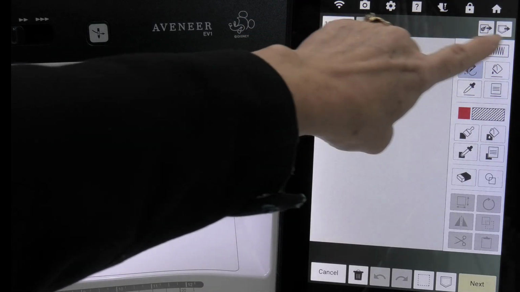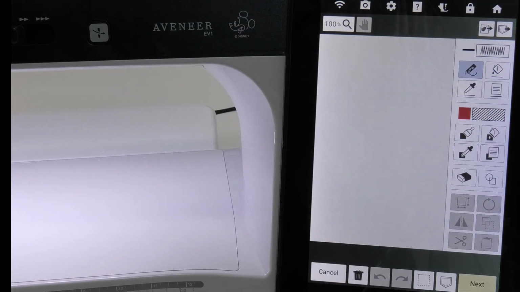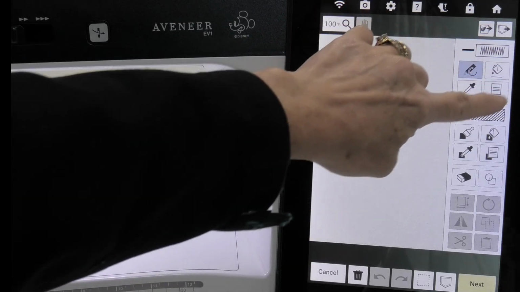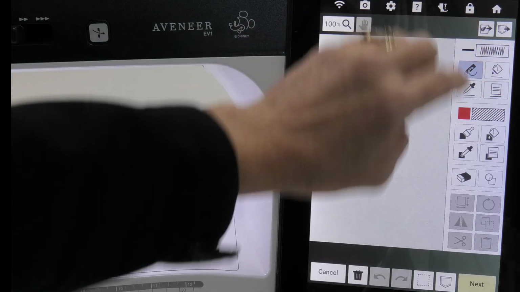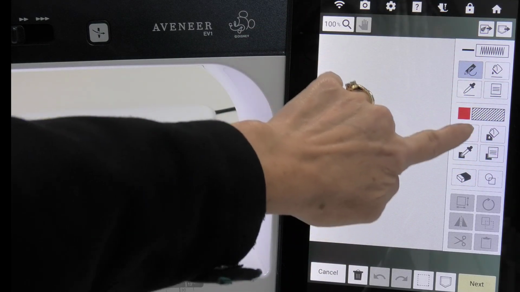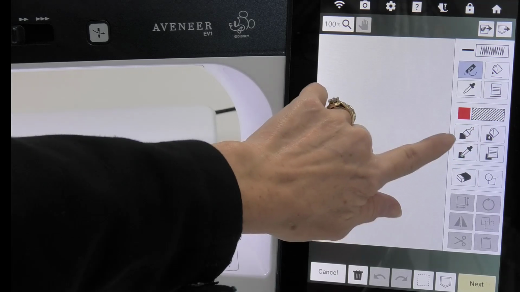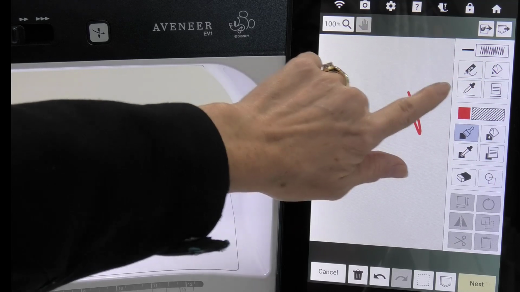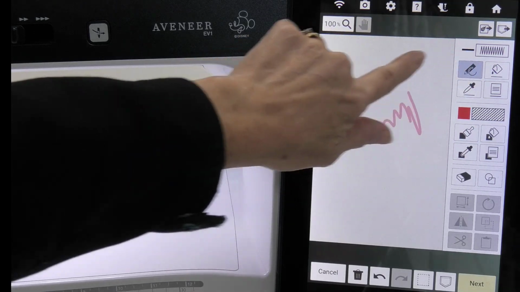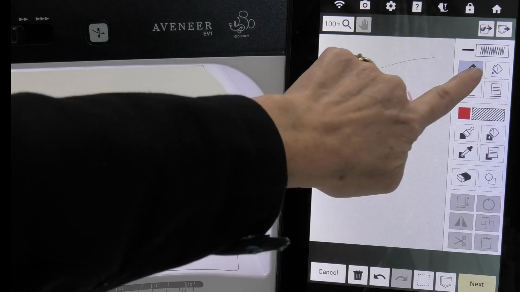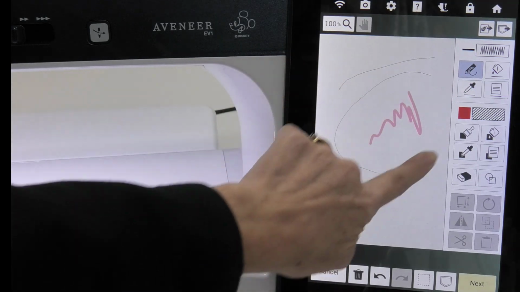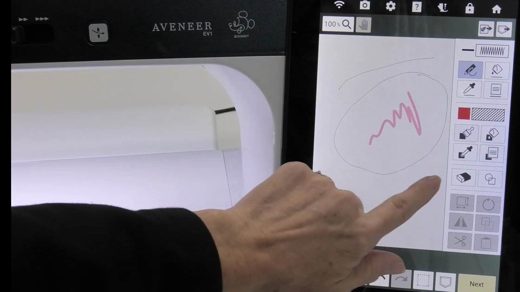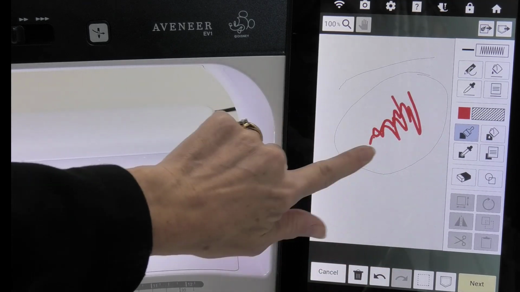So we're going into My Design Centre, and I want to explain the differences between these two boxes here. The top box is all to do with the outline of a shape, picture, or anything else. If you imagine a colour-in picture, this is the border. This controls the fill, so it's like filling in with a paintbrush, whereas this one here is more for lines and outlines. So you can see I can draw an outline around something, whereas this one will actually fill the